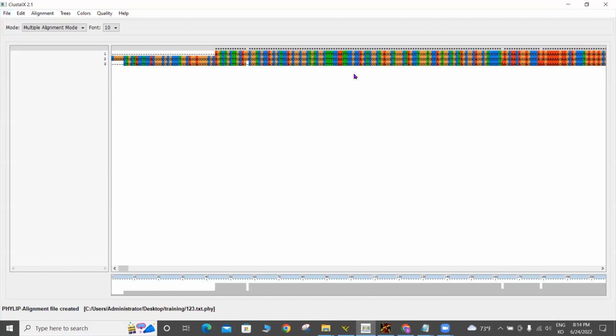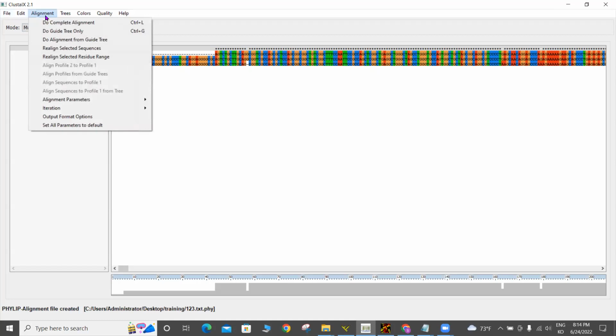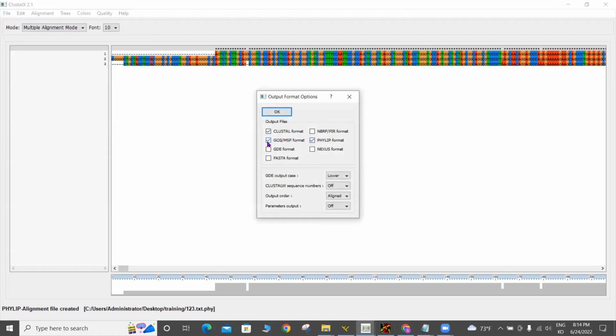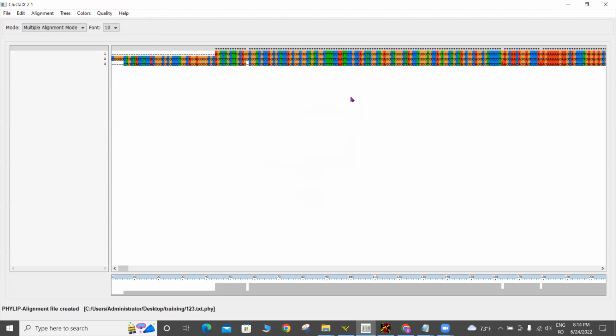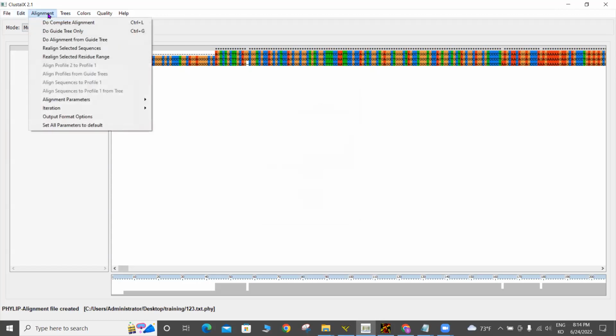Then you need to go to alignment, and you need to go to the output file option. In the output file option, you need to mark the MSA file format and the PHYLIP file format, and then you need to select. You need to do that, and then you will be going to alignment, and you need to do complete alignment. Once you do the complete alignment, you will be getting